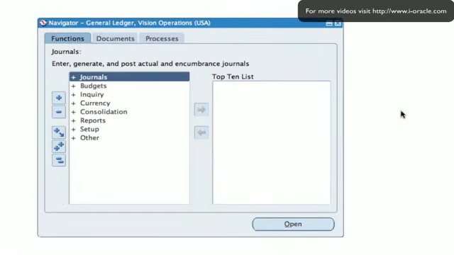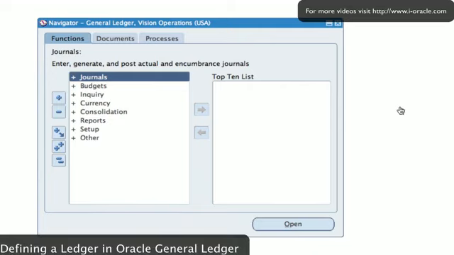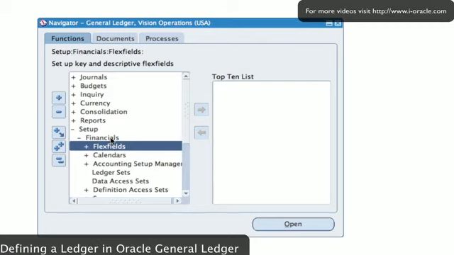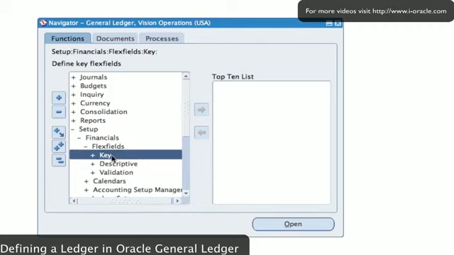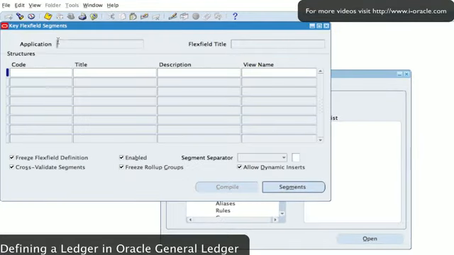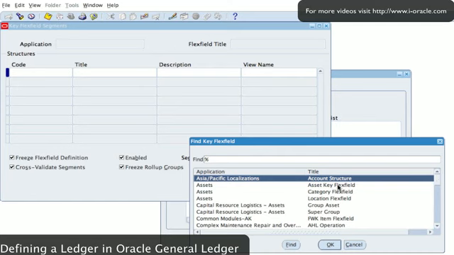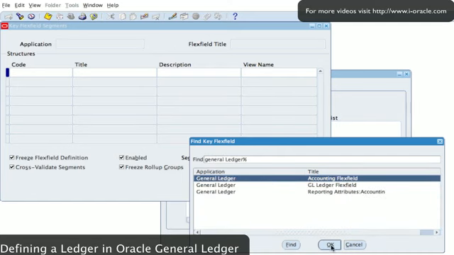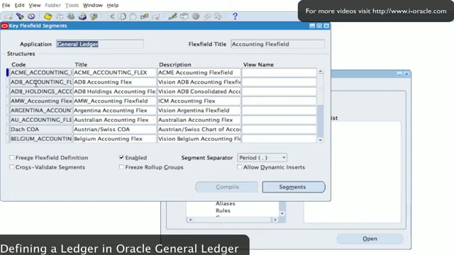So you log into Oracle eBusiness Suite and you select your General Ledger responsibility. From the navigator, you then select the navigation to creating your accounting key flex field structure, which is setup, financials, flex fields, key segments. And then we'll search for the General Ledger accounting flex field, and we're going to create a structure called